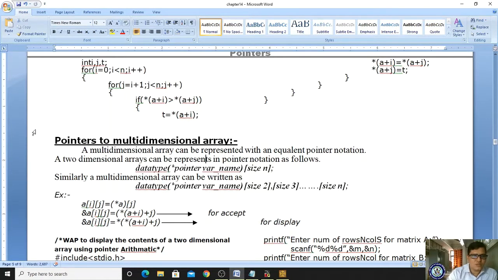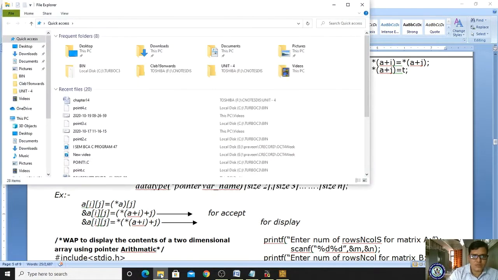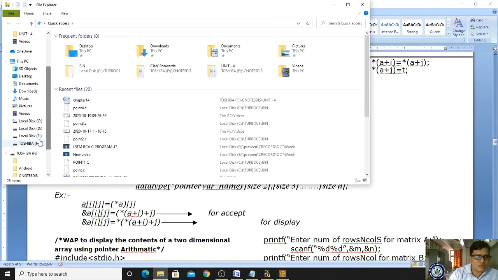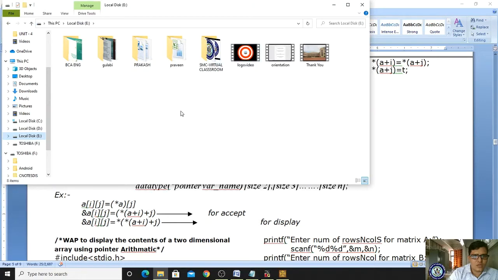Next our concept is pointers to multidimensional array. Just a minute, let me check whether this is in the portion or not. Let me check whether dynamic memory allocation exists or not.